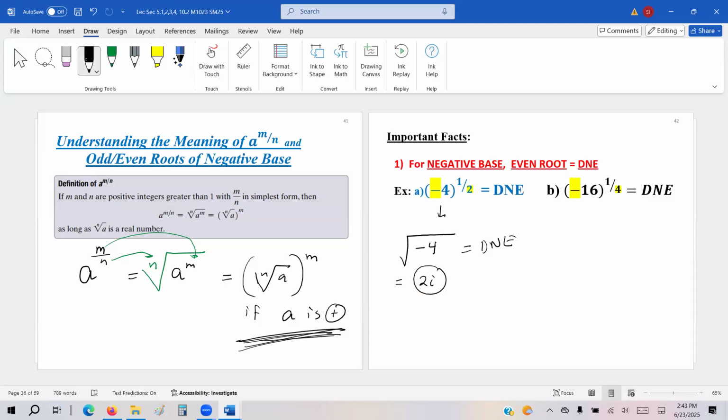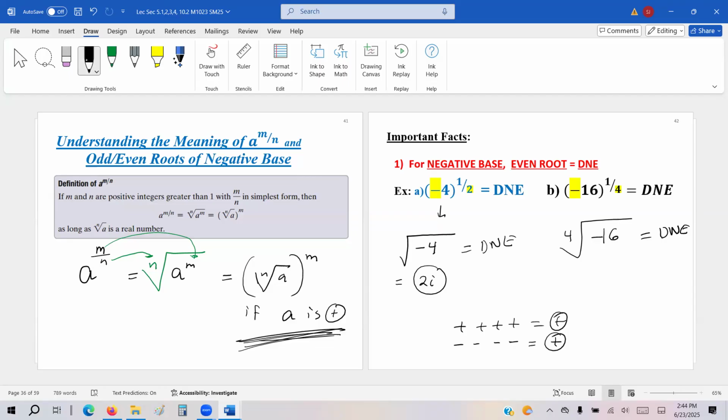Same thing, with 16. We have our base 16 and our radical is 4th, so the 4th root of negative 16. There is no number that, if you multiply 4 times, will turn into a negative. It's not possible. If you multiply 4 positives, it will be positive. If you multiply 4 negatives, it will turn into positive. So there is no way you multiply the same sign 4 times and get a negative. That's why the 4th root of negative 16 doesn't exist. It's not I, it's just something different than I.